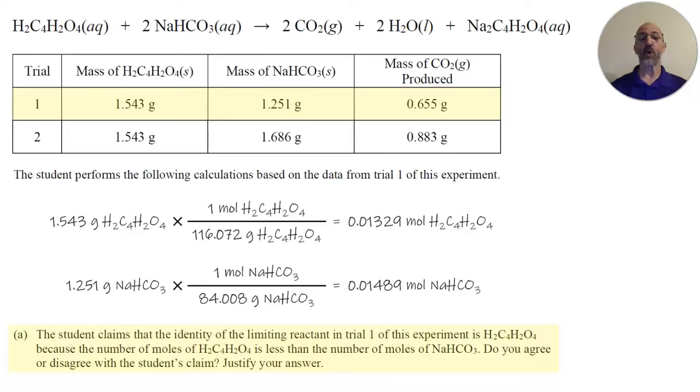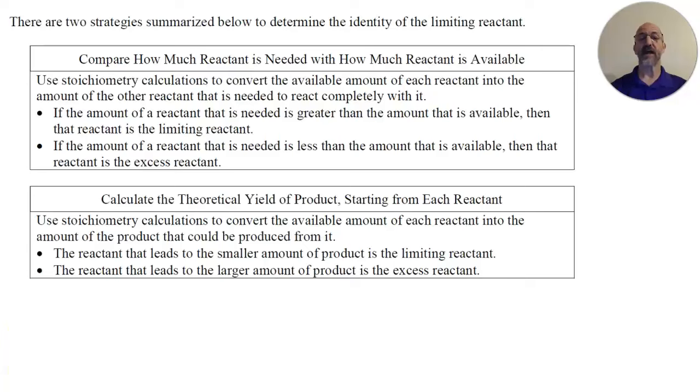Justify your answer. So we are talking about limiting reactants in this question, and I will just show you this slide. This comes from my video for topic 4.5, stoichiometry. So there are two strategies to determine the identity of the limiting reactant. One strategy is you compare how much reactant is needed with how much reactant is available. So you would use stoichiometry calculations to convert the available amount of each reactant into the amount of the other reactant that is needed. Now, that is a good strategy, and it does involve the coefficients from the balanced chemical